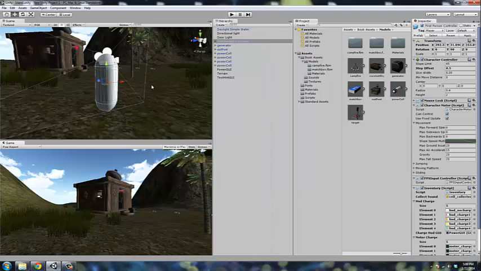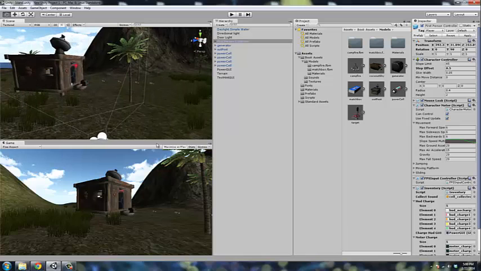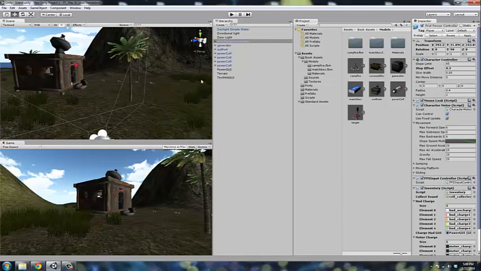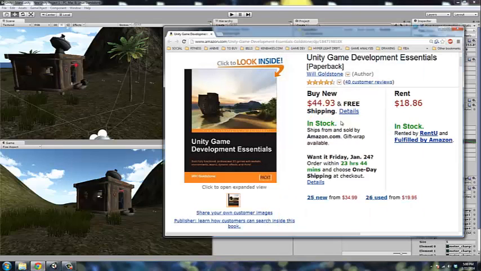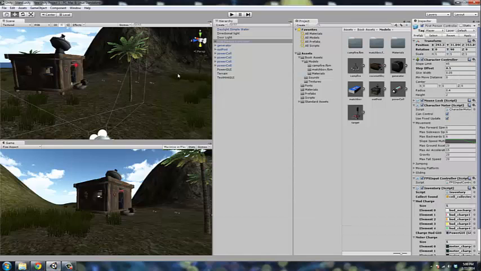Ultimately, the plan is to move out some of these items that we have here, those power cells, and create obstacles that require you to find these items through other little mini games, developing other mechanics out, so that way you can get into this shack and send a message out for rescue on this island. So that's it for now. Again, that book is the Unity Game Development Essentials by Will Goldstone. Excellent book. I'm going to start jumping into Chapter 7 here shortly,